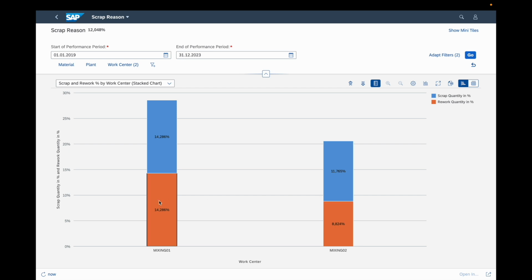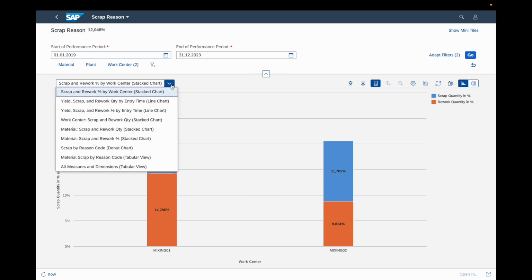However, we can see that we have 14% of rework quantity for the first mixing station and 8.8% of rework for the mixing station number 2. So we can now see the difference between both for the scrap and rework in a simple way. There are a lot of possibilities of graphical views thanks to this Fiori application. You can, for example, here use another possibility. So we are here in the scrap and rework in percentage by work center, but you can also, for example,